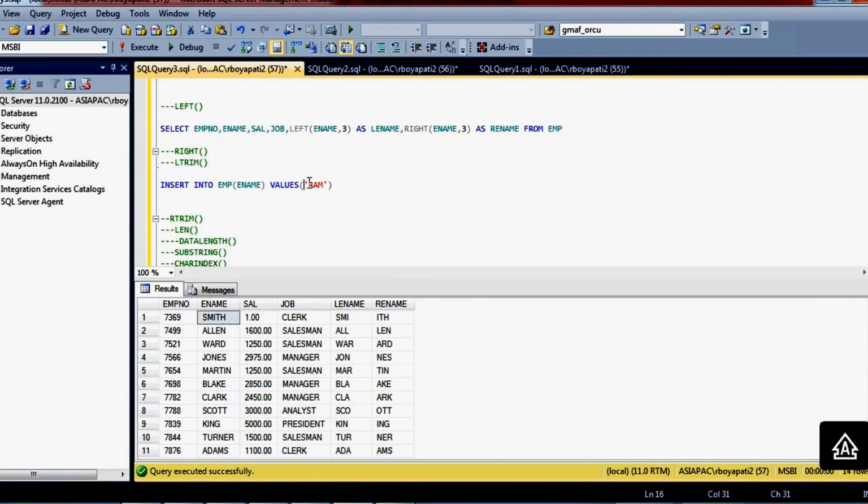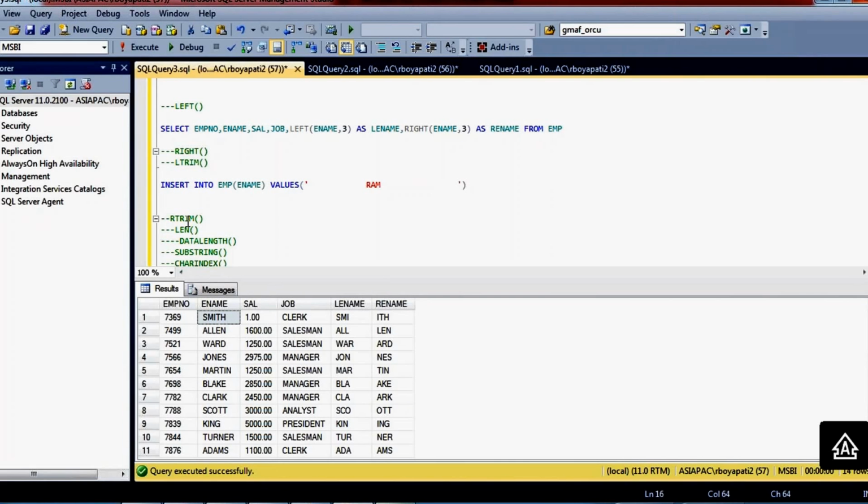By mistake you have inserted some space over here, this much of space. So how can you remove this space when you are going to display the data? You have inserted this record here, so on the left side some space is inserted. The same way, by mistake you may have inserted some space on the right side also.